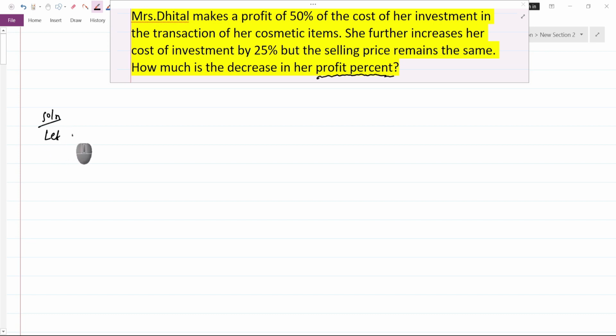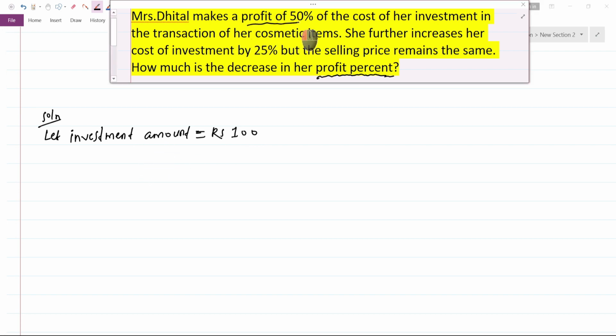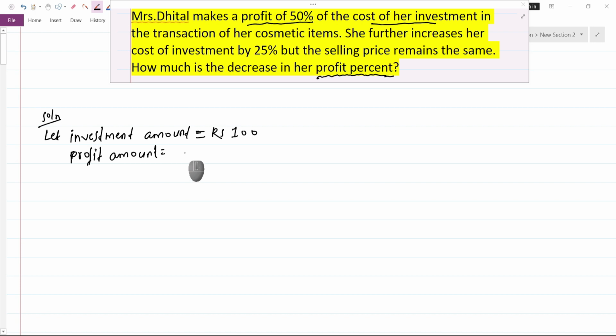Let the investment amount be equal to Rs 100. The question tells us she is making a profit of 50% of the cost of her investment. So the profit amount will be 50% of Rs 100, which is Rs 50. You can solve it. Therefore, the selling price will be